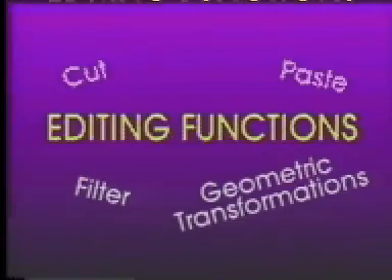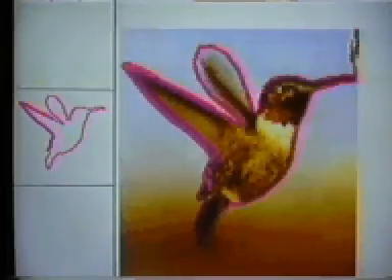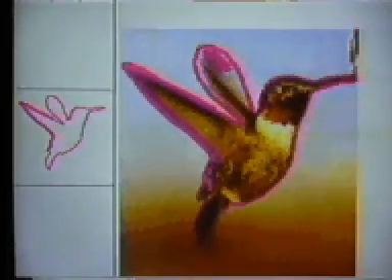4 editing functions can be distinguished that cut, paste, filter and geometrically transform images. Cutting out images is typically a tedious, error-prone and often unsatisfactory task, which is particularly difficult on low-resolution images. Such images may afterwards exhibit fringe or halo artifacts. It's important to be able to extract the desired features of an image with the minimum amount of effort and